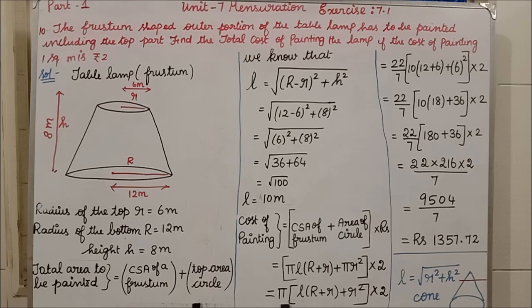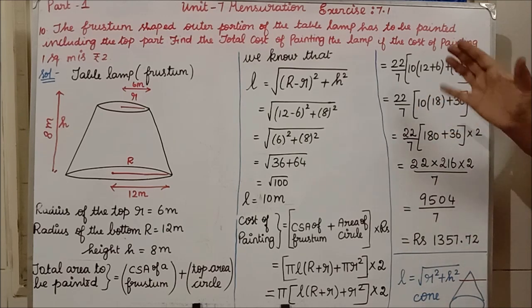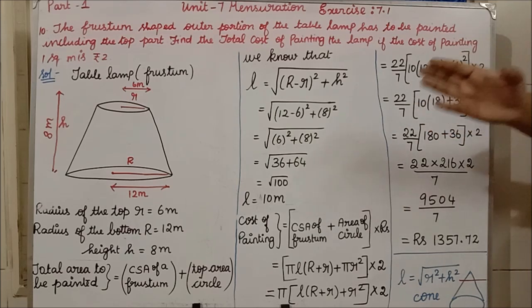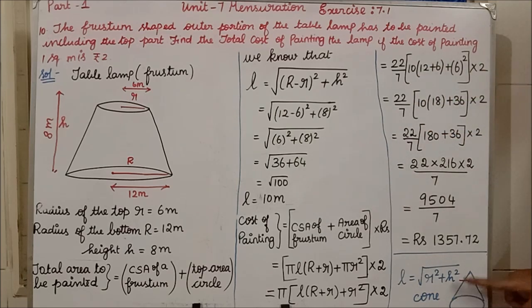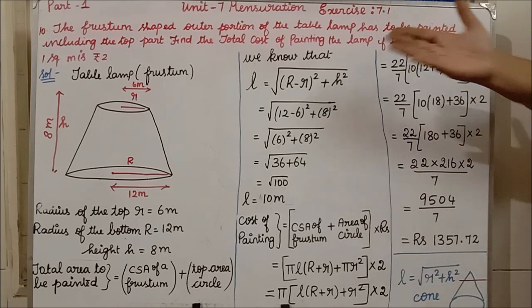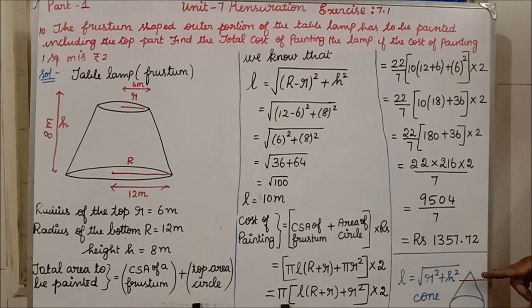It is based on the shape frustum. So first I'll explain the frustum and some of the formulas from that, then we'll enter into the concept. Now see, frustum means the shape that comes from the cone. Okay, see, I have drawn a cone here, isn't it? So if you cut the upper part of the cone, what will you get? You will get the shape of a frustum, isn't it? Otherwise you can say it is also a bucket. It is the shape of a bucket. So if you cut the upper portion of the cone, then we will get a frustum.